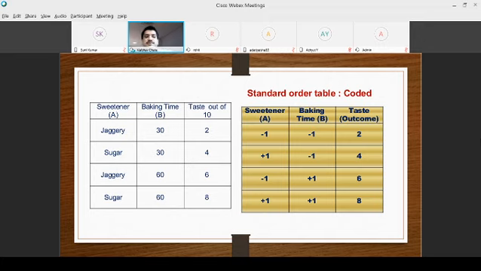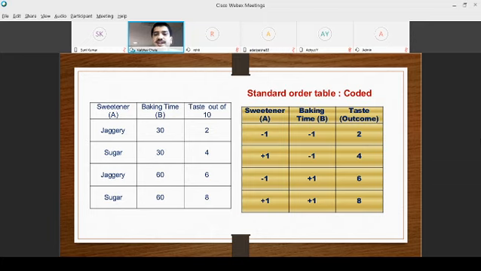So how to conduct the experiment? The experiments may not be conducted in this particular order itself. We can go for random. We can prepare chits numbered 1, 2, 3, 4, and ask your friend to pick up a chit. Let us say that person picks number 4 as the first experiment, and so on. But when you go for tabulating the values, it should be in the standard order.